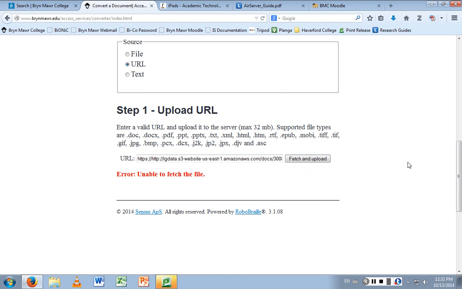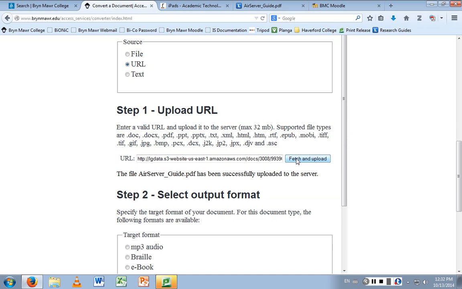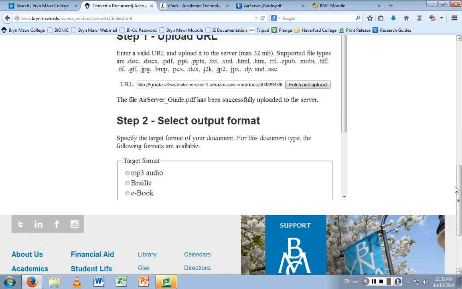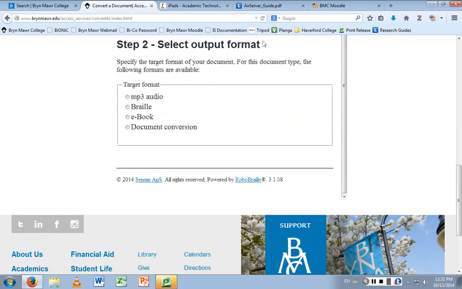And all it's doing there is going to that site. You have two HTTPs. Thank you. So it went to the place where that PDF was stored and just sucked it up for me. It would be the same thing.